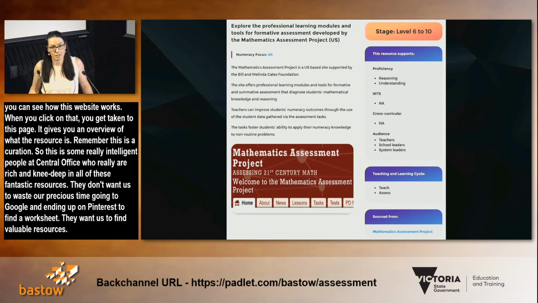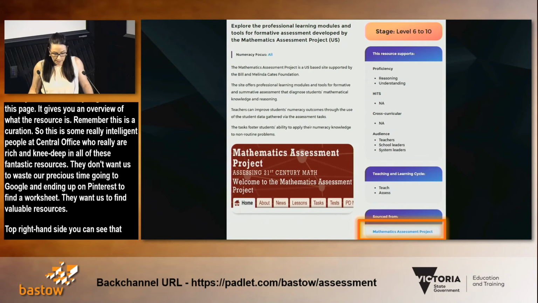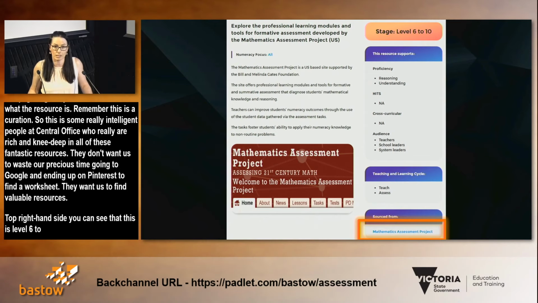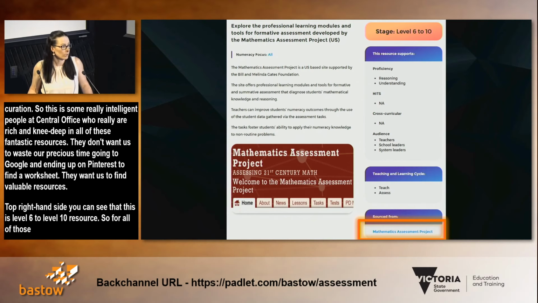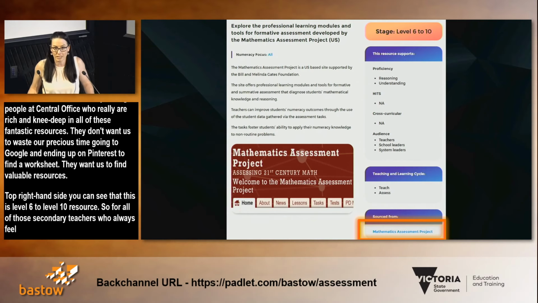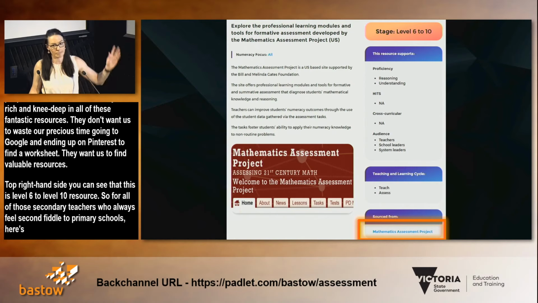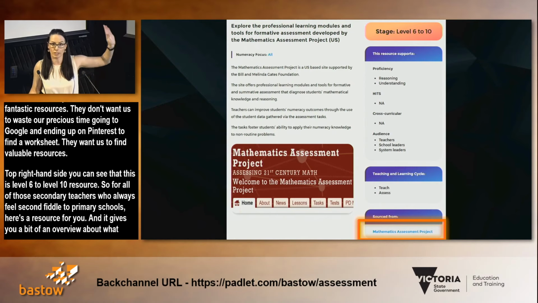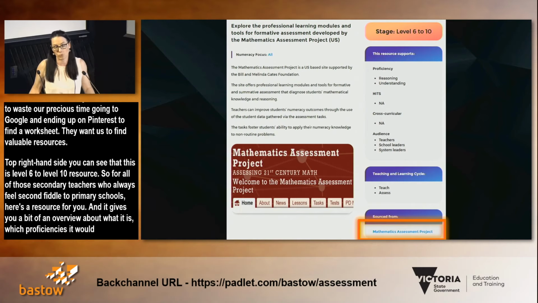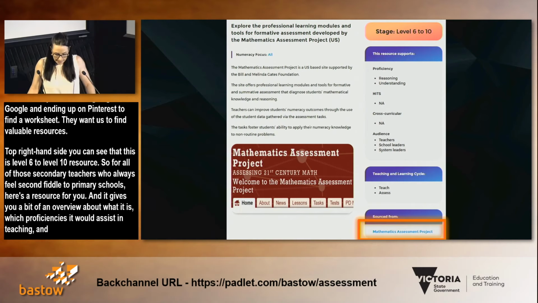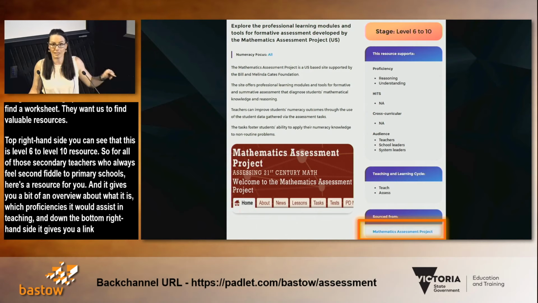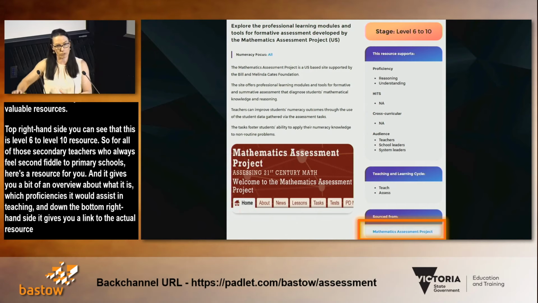Top right-hand side, you can see that this is a Level 6 to Level 10 resource. So for all of those secondary teachers who always feel second fiddle to primary schools, here's a resource for you. And it gives you a bit of an overview about what it is, which proficiencies it would assist in teaching. And down the bottom right-hand side, it gives you a link to the actual resource. So the resource is stored outside of the department's site.